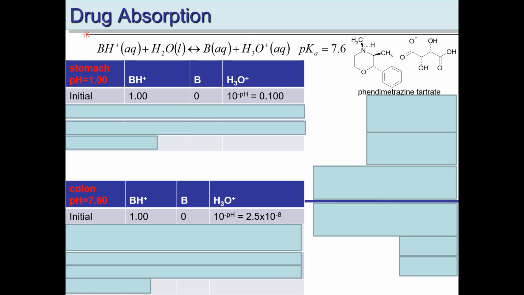It's phendimetrazine tartrate. Notice how some of these drugs have an anion like tartrate or citrate put on them, or sometimes hydrochloride. Those are indicators that the drug is a base, and they've salted it out. They've put a proton in there and an anion. And so notice that tartaric acid up here has lost a proton. It's gone on to the base. And so that made the base a cation and made the acid an anion. And this is the drug. They just coupled it with the tartrate to make a cation-anion pair, and it'll salt out if you have it